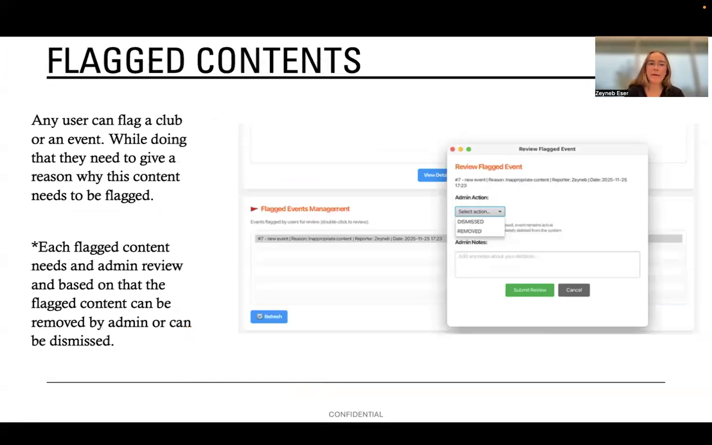And lastly, we have the flagged contents that we talked about, but right now we will take a deeper look. This picture is from the admin panel. It's the last widget that we have on the admin panel that only admins can access. So in the flags events management, if there's any flagged events by any user, they will see it on this widget. And when they double click on it, another pop-up window will open and it will ask for the admin